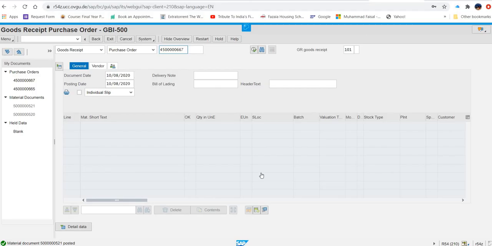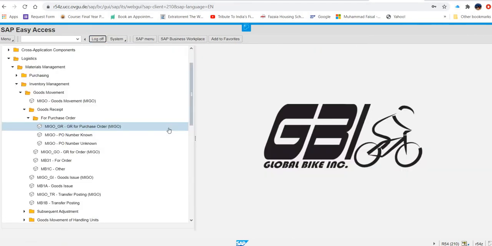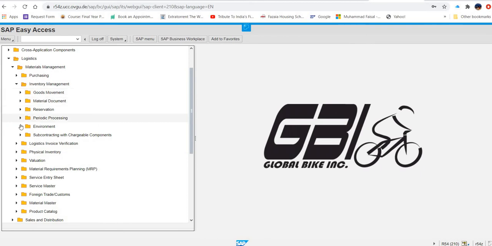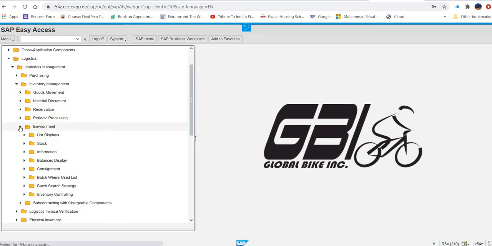So let's go there, get out of this transaction. Logistics, materials management, inventory management, and under inventory management, we'll go for the environment, and in environment, stock, and then stock overview.